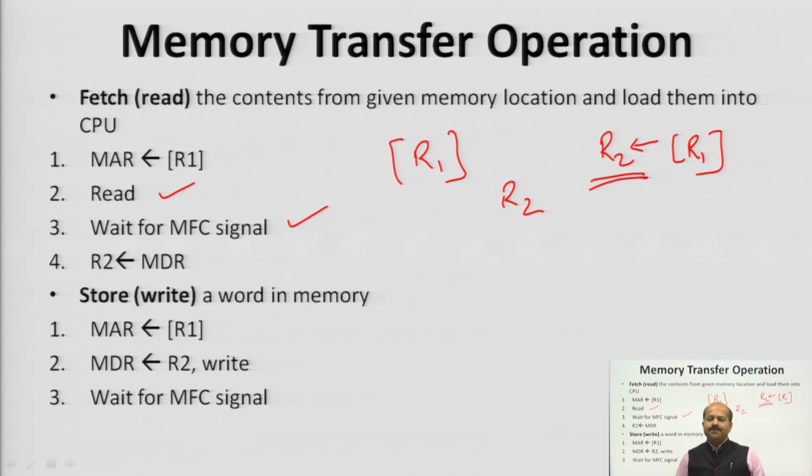Now, let us talk about the store operation. All right, we want to transfer some data to the memory. So, again we need an address. Suppose the address is given in the R1 register, shown in brackets as you can see here. So, this is an address. First we need to transfer the address to MAR. The address is required to know where we can store the content. So, this address is transferred in the first step to MAR. Now, MAR is connected with memory, that address is open, and in the next step we can transfer the content. That content or data can be transferred to the memory through MDR.